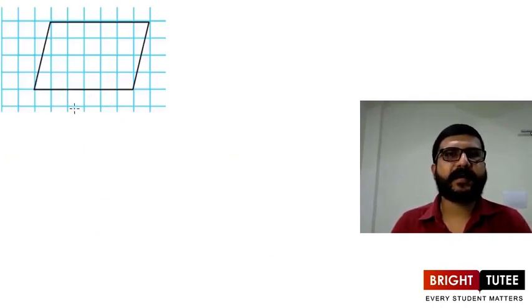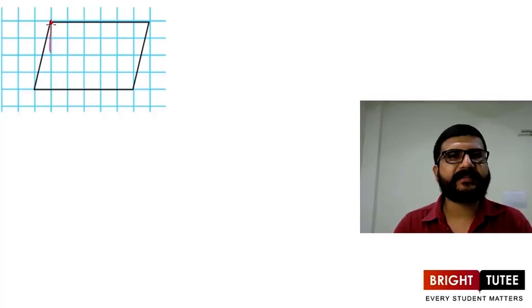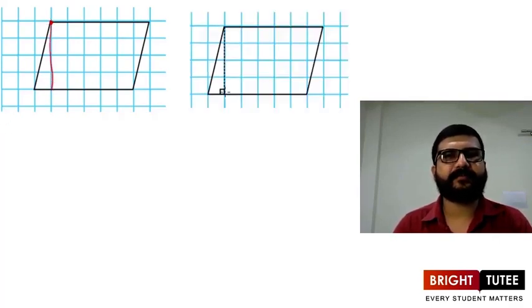Now let's discuss how to find area of a parallelogram. For that we have taken one parallelogram on the graph paper like this, as we can see here. So what we have to do here, we have to try to find the area of this parallelogram. Now suppose if we drop a perpendicular from this vertex on this side, it will be like this. So we will get a figure like this now.